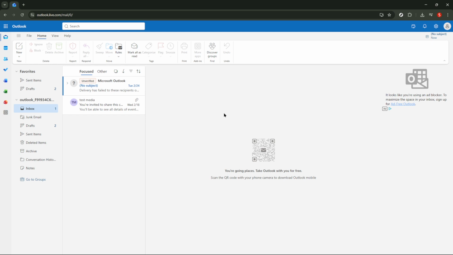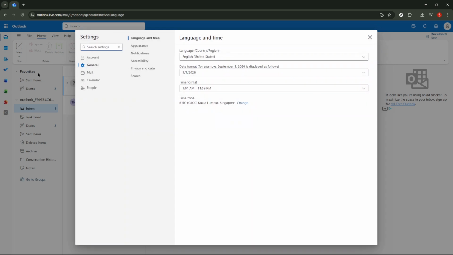Start by opening Outlook on your computer. Make sure you're signed into the account where you want automatic replies to run. Once Outlook is open, look to the top left corner and click File, sometimes labeled Files depending on your version, then select Settings. This takes you into the app's preferences, so we can adjust your account level options without changing